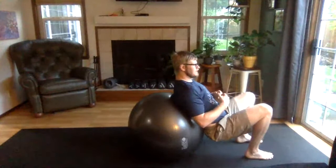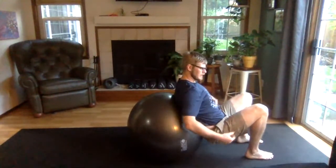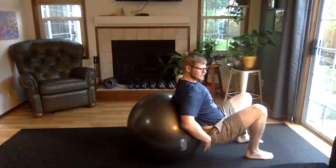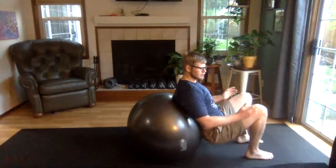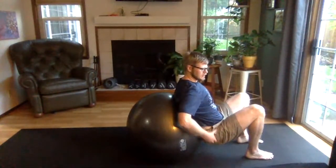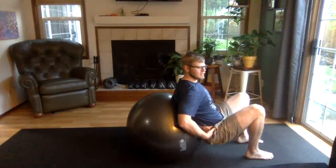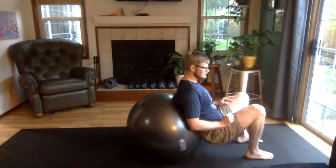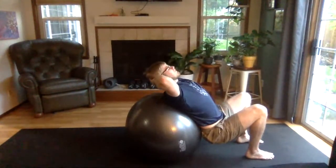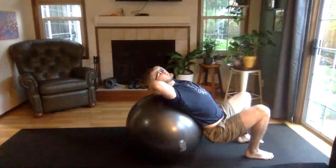If I gently press my feet in the ground, that accentuates its contact with my sacrum on the ball. So it drives my hip bones back into the hip sockets, and then again maintains a strong contact of the sacrum on the ball. From here, I'm going to interlace my hands, relax my upper body and my head into my hands,